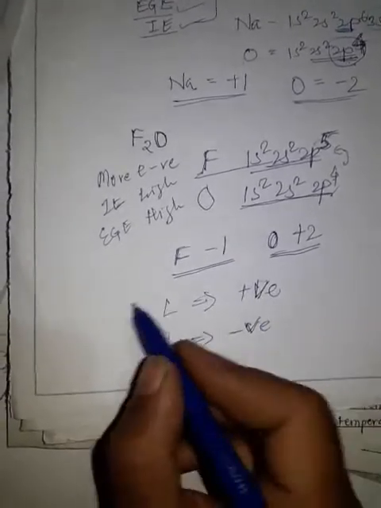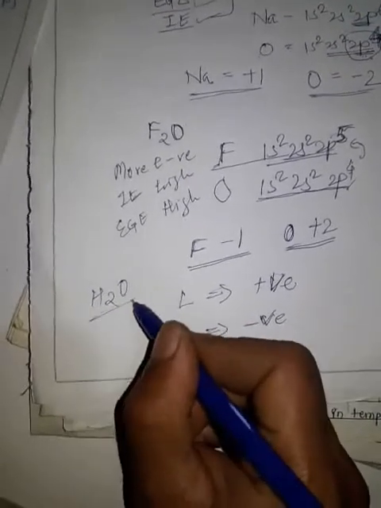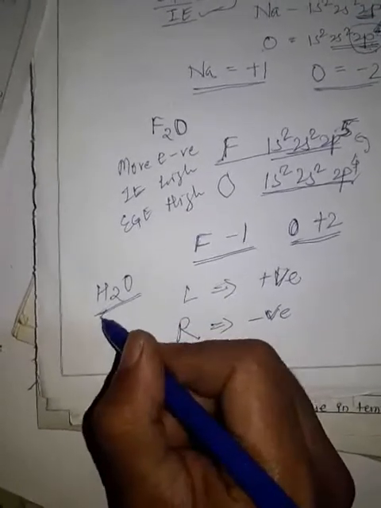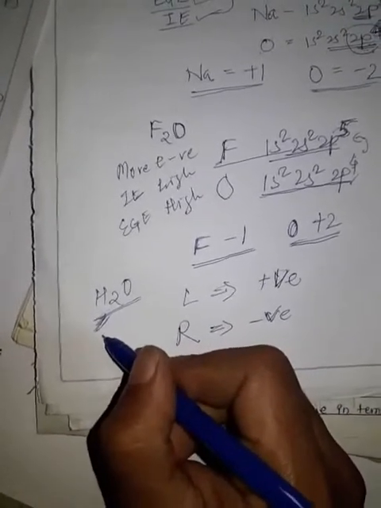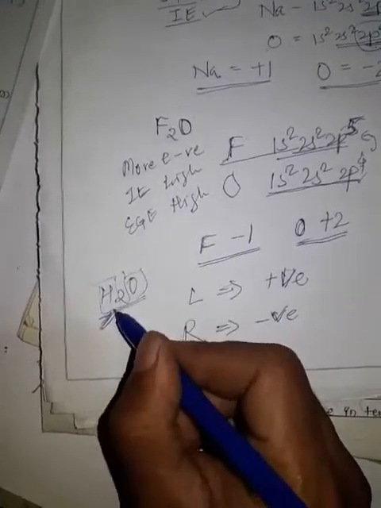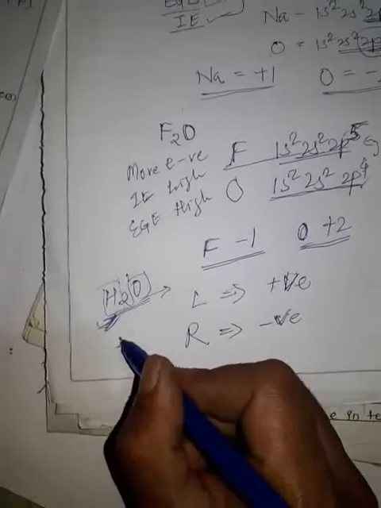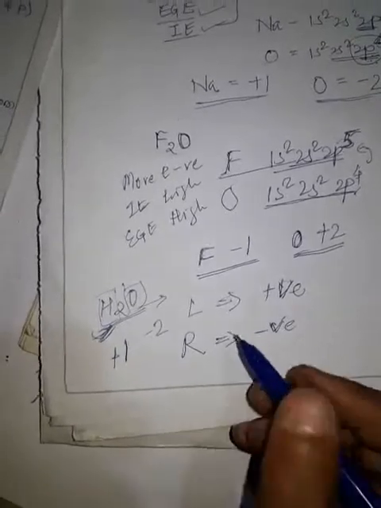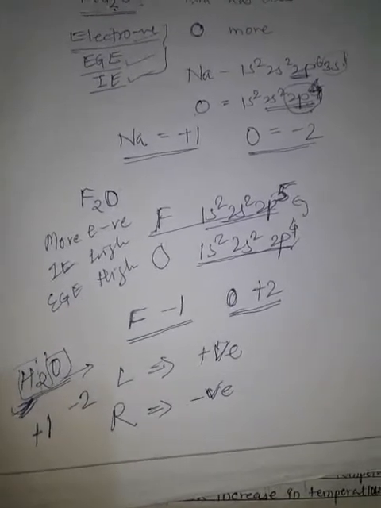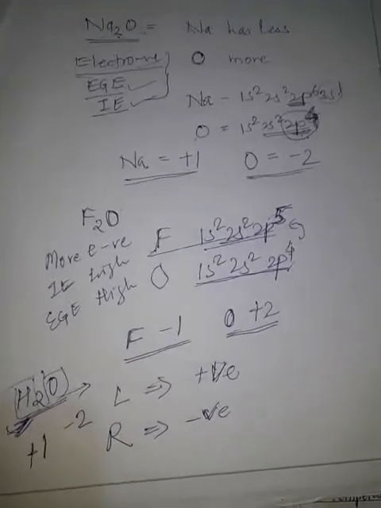So if two atoms, for example hydrogen and oxygen, form a water molecule, hydrogen comes on the left hand side, as it is from the first group, and oxygen is from group 16, so it is on the right hand side. So hydrogen always carries +1, and oxygen always -2. So you have to consider all these things while assigning the oxidation state to the atom. So this is regarding the oxidation state. Next point we will discuss.